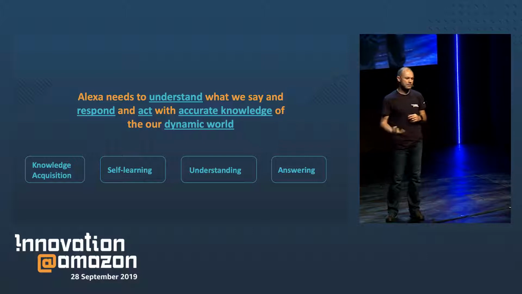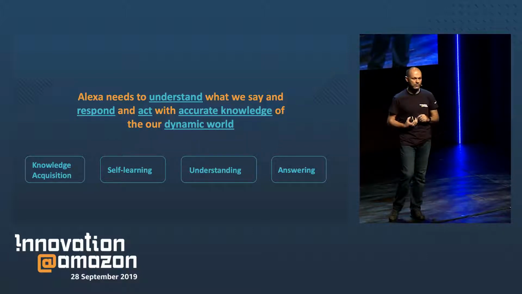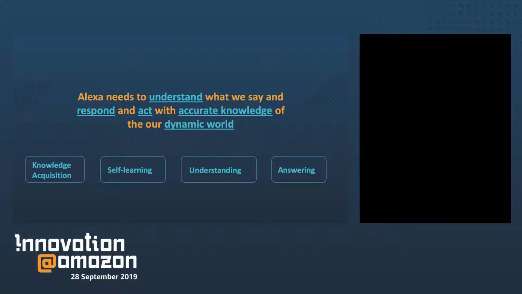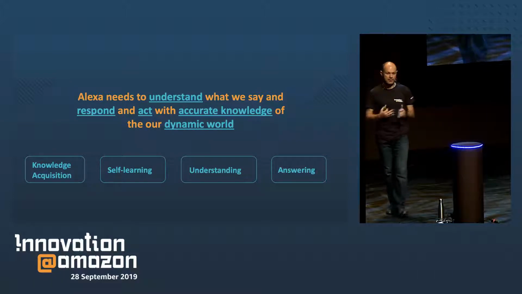A lot of things happen. A lot of events happen. We discover new facts about the world. So Alexa needs to be able to actually acquire knowledge at a very high scale and adapt quickly to how